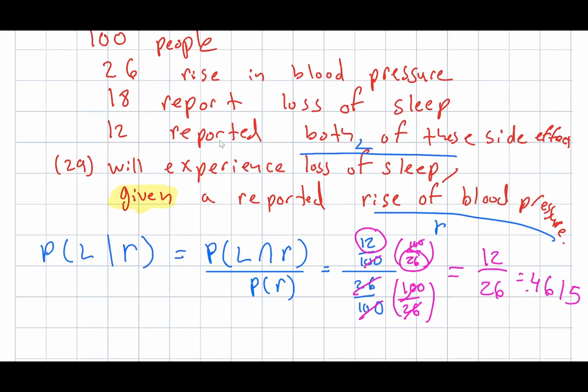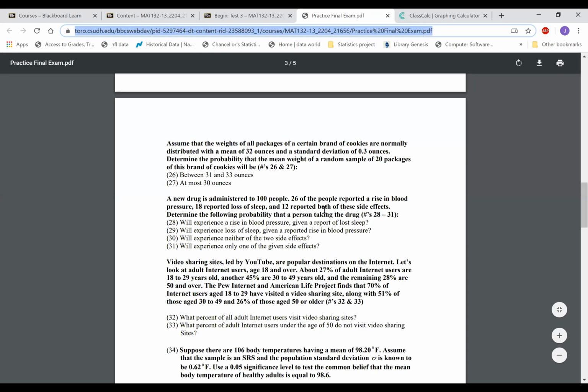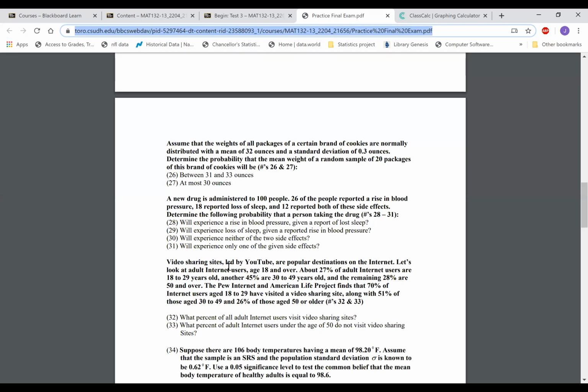All right, lastly, let's do 30. So let me switch over to the practice exam. If you look at 30, it says will experience neither of these two side effects. That means we don't want them to suffer from a rise of blood pressure or loss of sleep. We want them to suffer from neither. So let me write that down in my notes. So 30, will experience